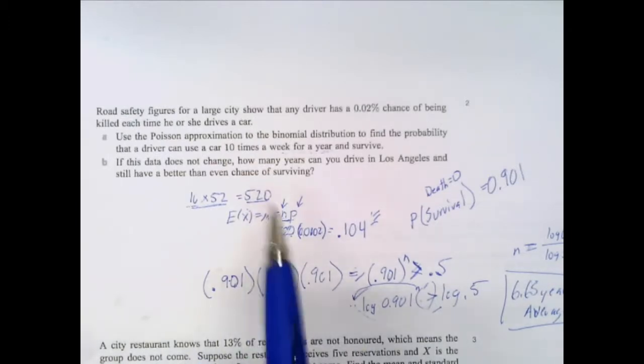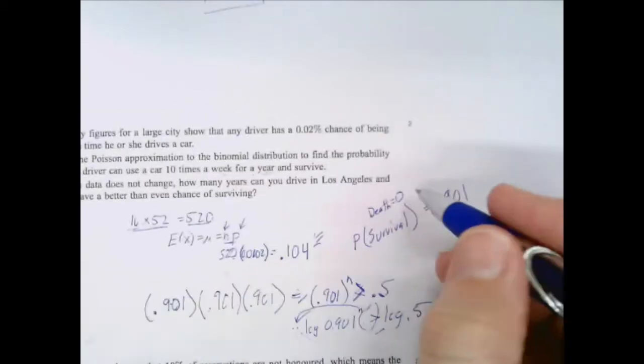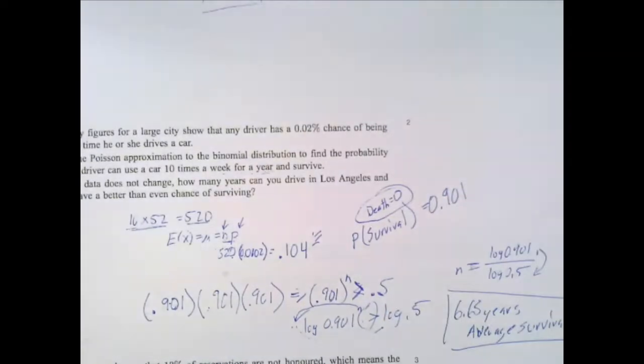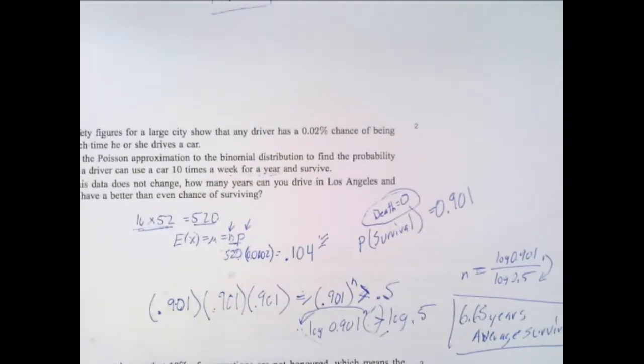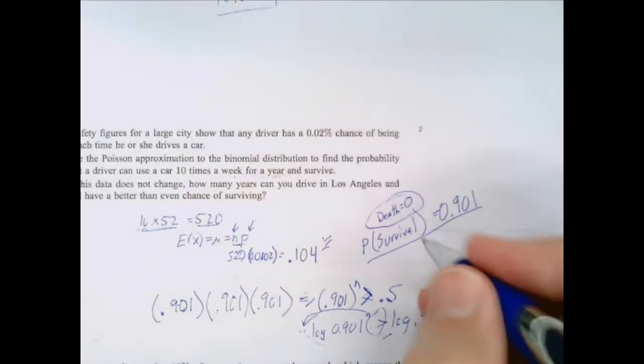Obviously, that doesn't make sense, but the probability says it could happen. So therefore, we use the Poisson distribution to find out what is the probability of death being 0. That gave us our probability of survival, which was 0.91. We used, remember, the Poisson